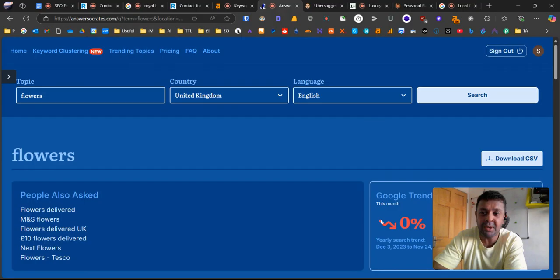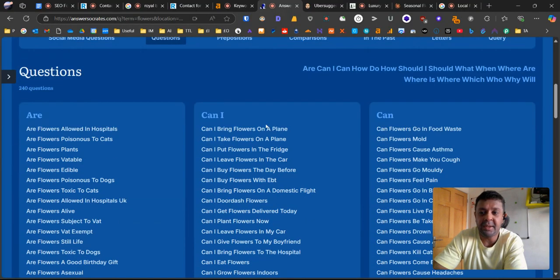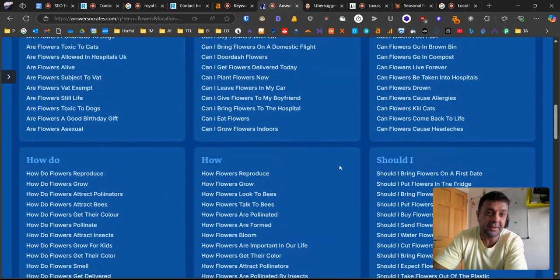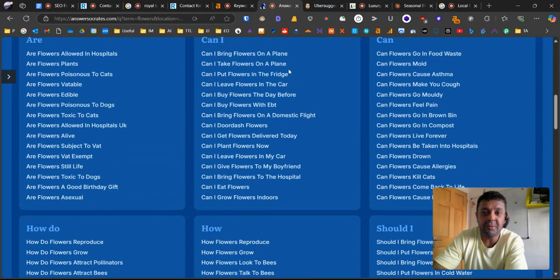I've already done the query here. So flowers, United Kingdom, and we've got a lot. And this is a free tool. So, a lot of these keywords are going to be relevant. Maybe not all of them, but